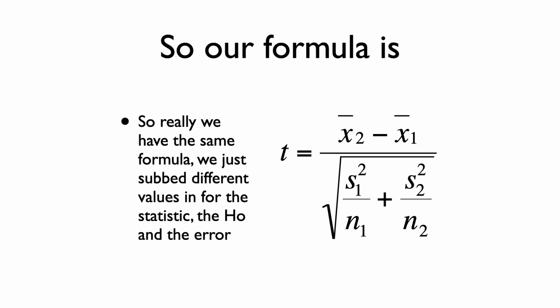So really, we have the same formula. It's the same one again. We just sub different values in for the statistic, for the H0, and for the error. Now, if you look at that, you can see that it's weighted by n,